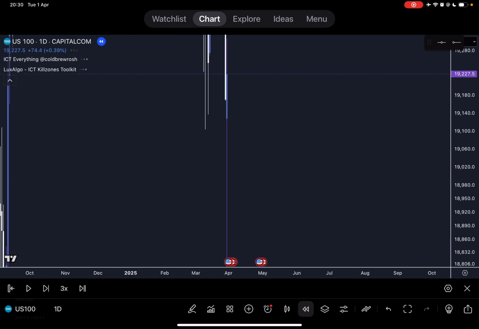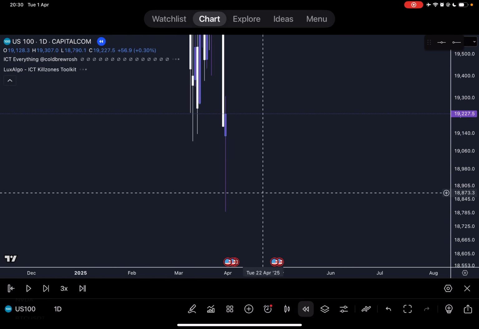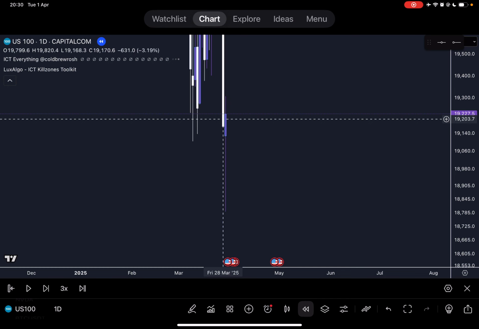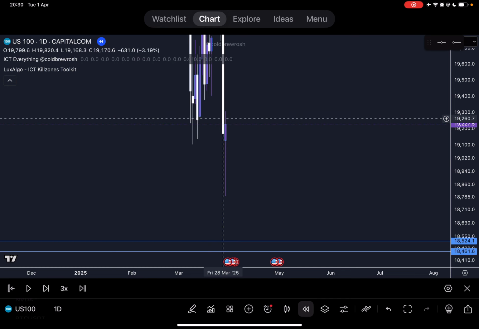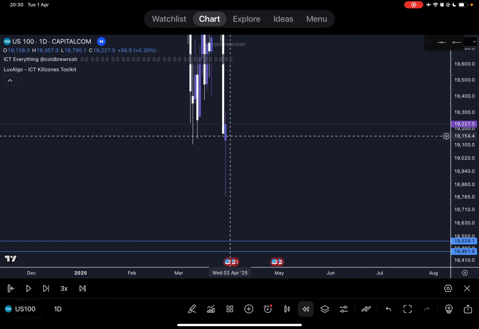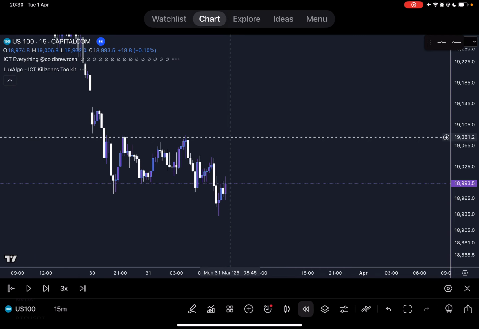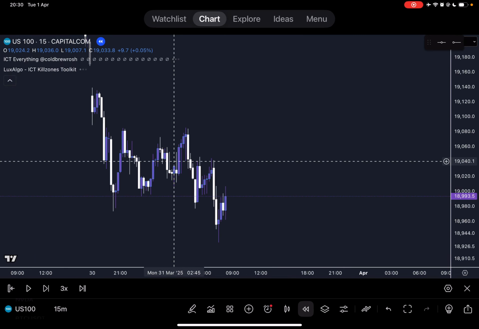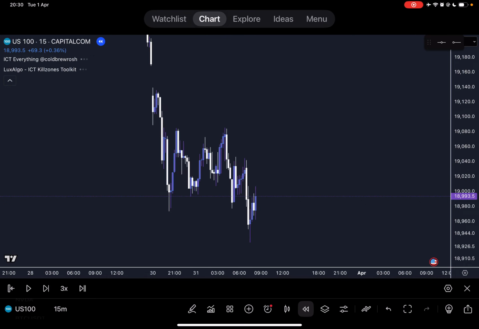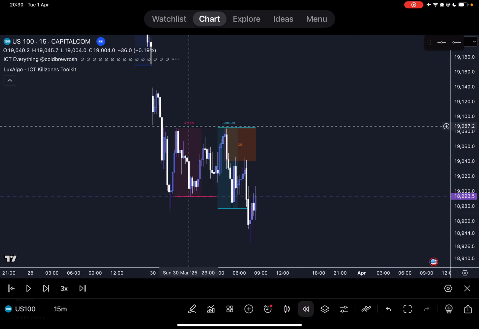So going into the daily candle, we can see that this candle hasn't been printed yet. Only the Friday candle has been printed. When I use bar replay on TradingView, for some reason it just charts the entire daily candle, which is not ideal for backtesting. So going into the 15 minute, you can clearly see that we have these equal highs here,